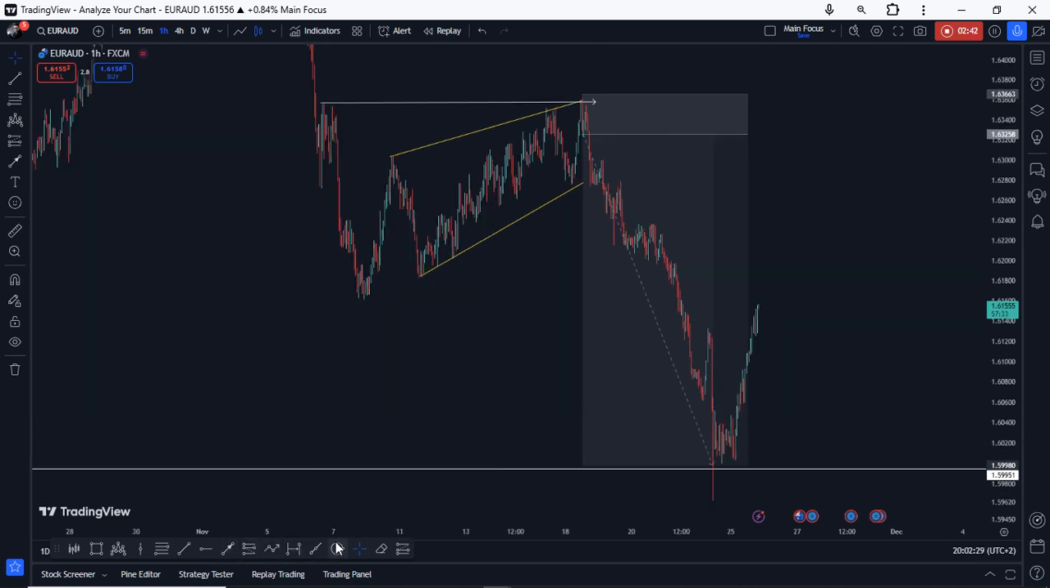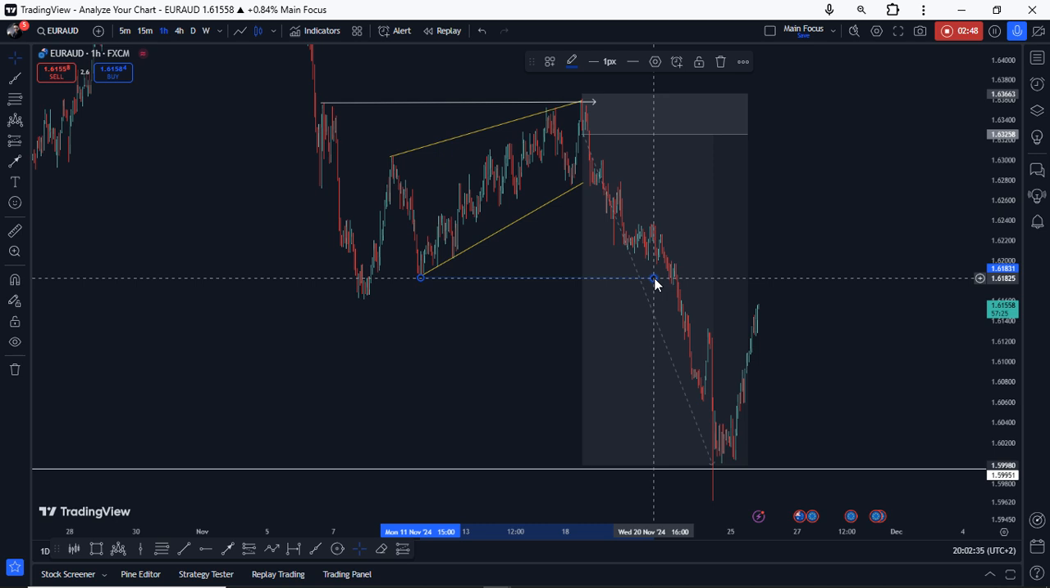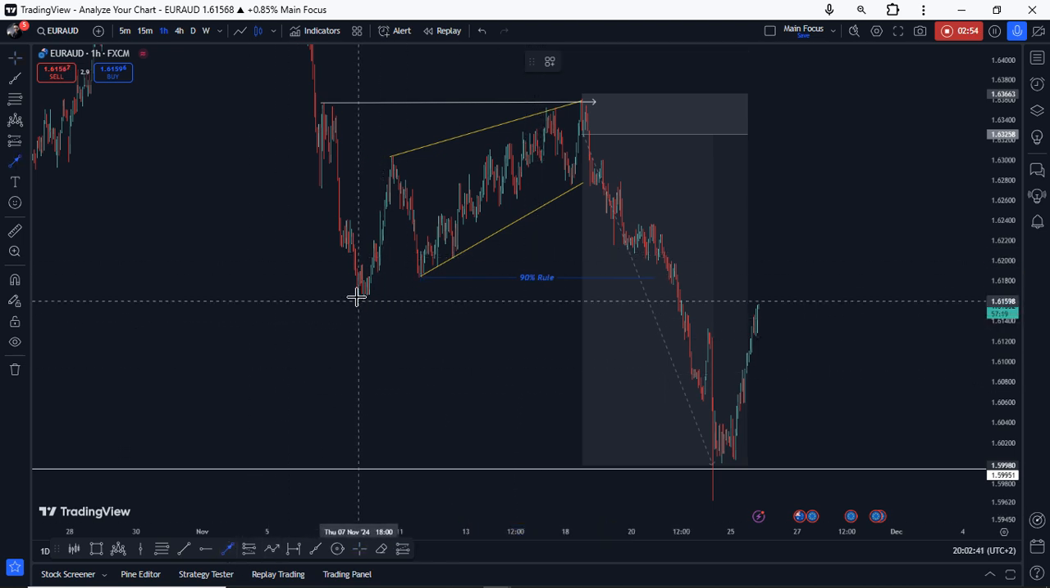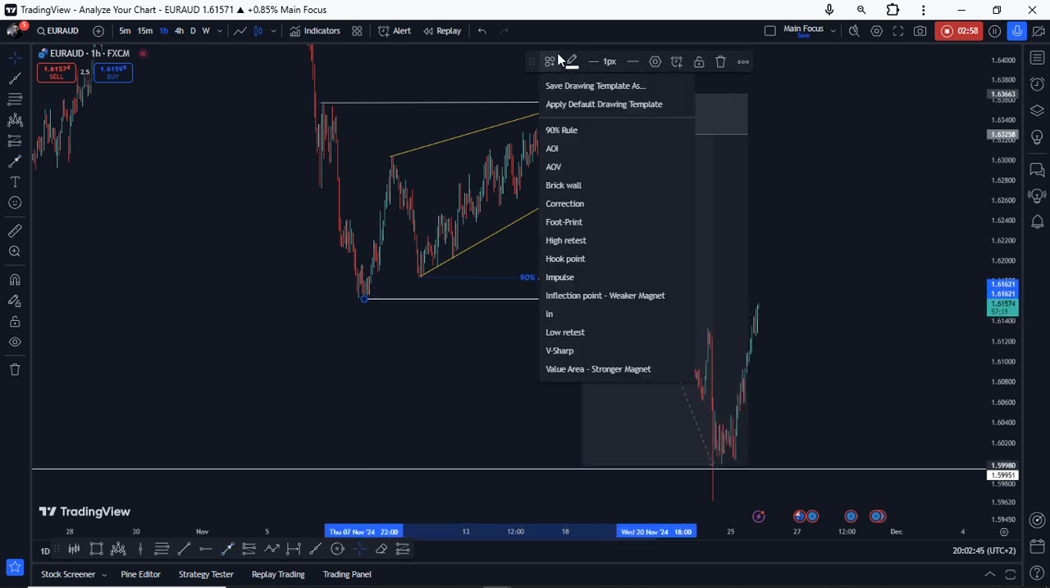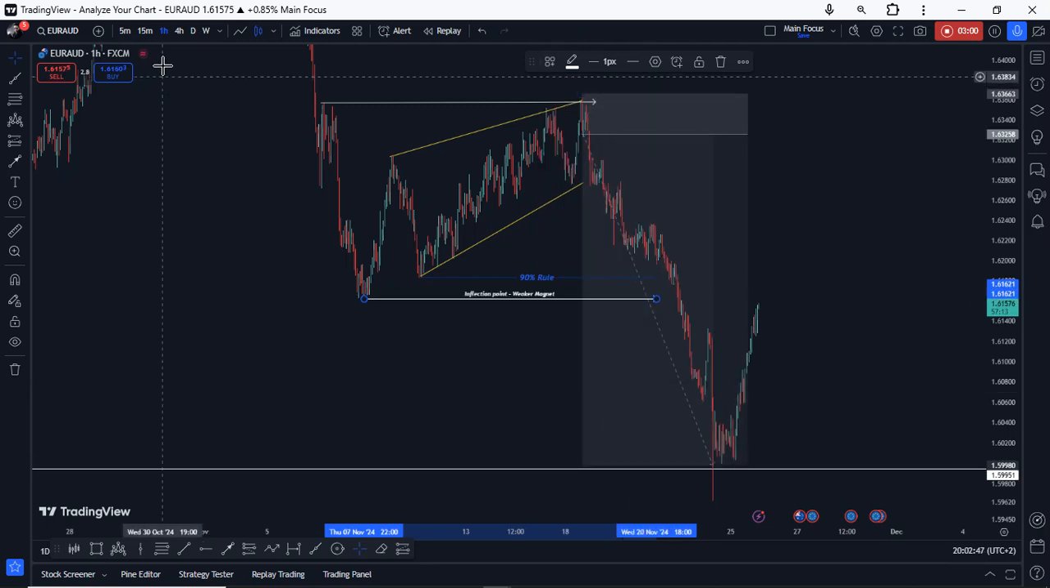So how did I manage this trade? Okay, simple. Here I labeled this as the 90%. It's the 90% rule of the structure. And then this was an inflation point. Why was this an inflation point? Because looking into